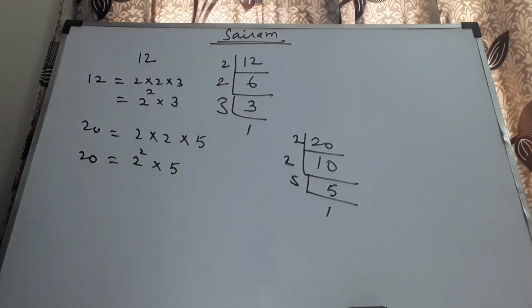Here again, before going into the details or the problems, let me discuss some basic points. Whenever I am given a number whose factors are the number 1 and the number itself, only those two factors, such a number is called a prime number. For example, 2 has only factors 1 and 2. 2 is a prime number.